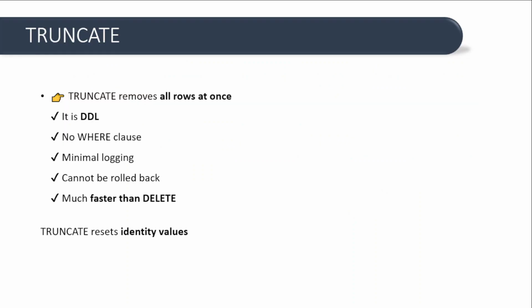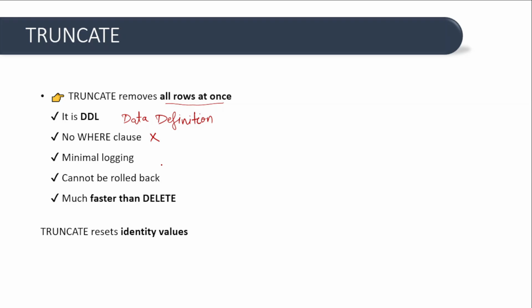Now truncate. Truncate is used to remove all rows from a table at once while keeping the table structure intact. It is a DDL command, that is data definition language command, which means that it works at the table level rather than processing row by row. Truncate does not support a where clause, meaning that you cannot use a where clause with the truncate statement to remove